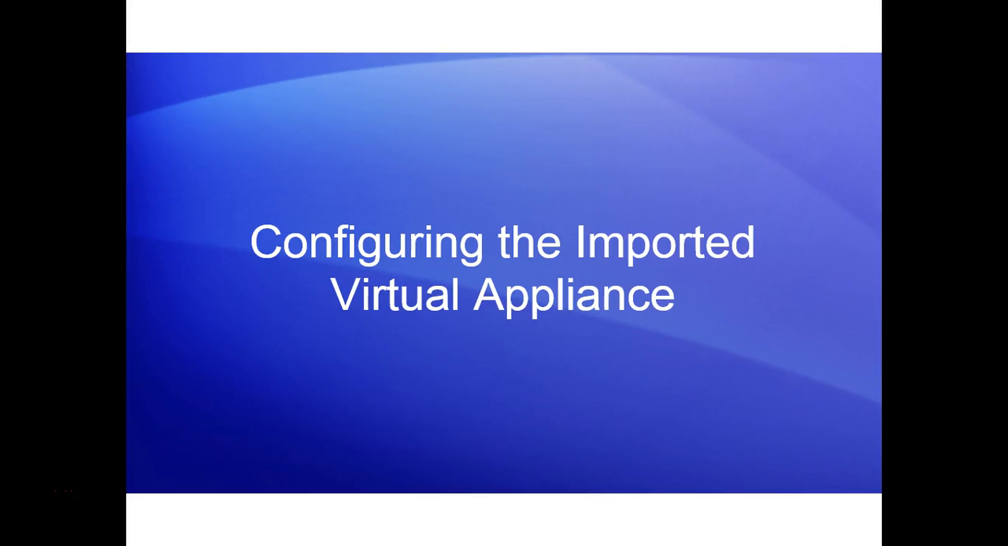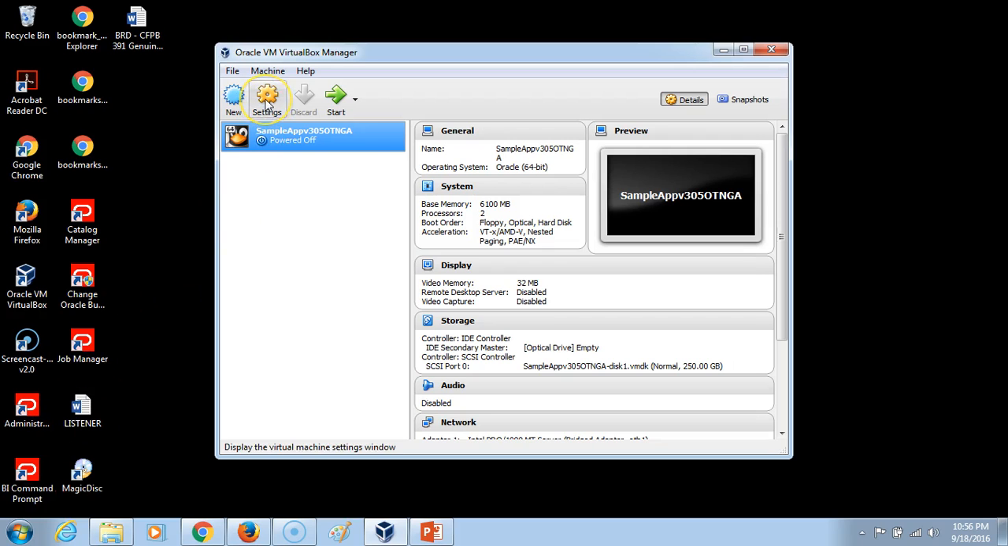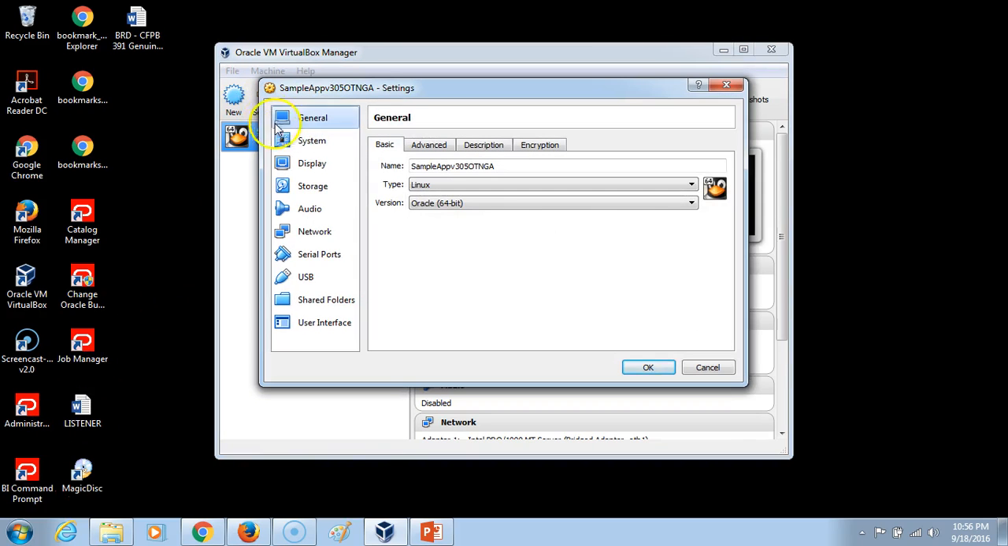This part shows you how to configure the imported virtual appliance. In order to configure the virtual appliance, you will follow the next steps as demonstrated in this video. Click on Settings, System,